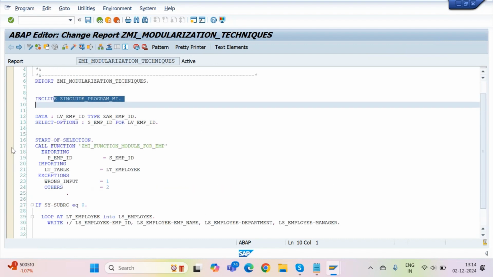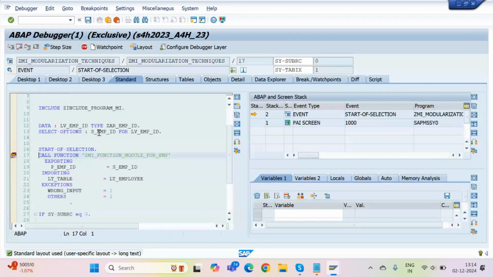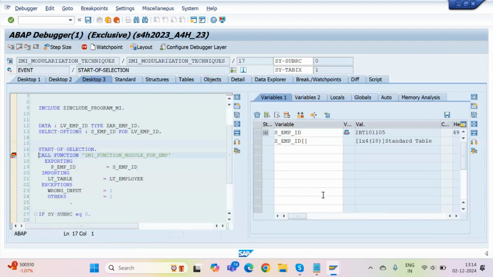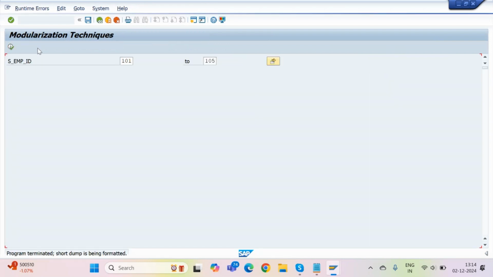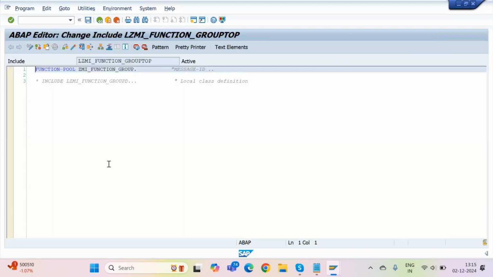One more thing I would like to show you. I'll put a debugger here, and see, 105. If you double click on the select option, you will always see that this is the internal table. Standard table, square brackets are there, right? One important approach: see here, by default we are getting a runtime error. The reason for it is that we are directly passing